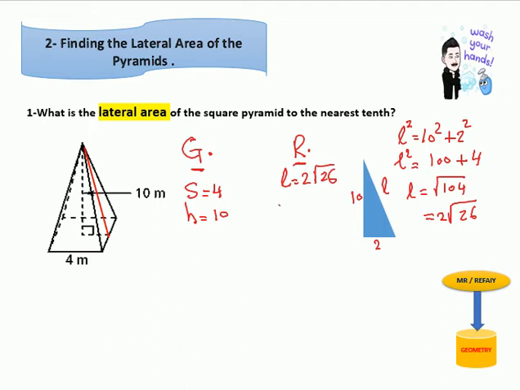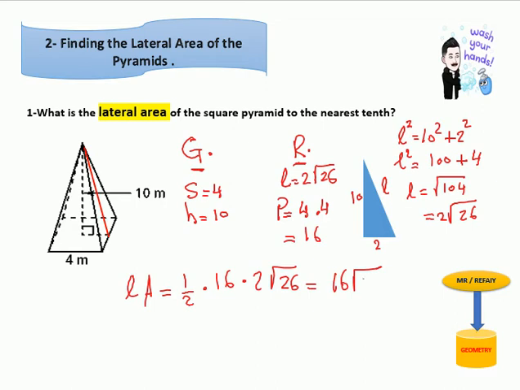The given: S is 4, height H is 10. Required: L, and we already got it, it's 2 root 26, and the perimeter of the base. This is very important. The base here is a square, and the perimeter of the square equals side times 4, so it will be 4 times 4, which is 16. Now we can get LA, the lateral area, equal to half times the perimeter of the base, 16, times the slant height, 2 root 26. So it's equal to 16 root 26. And we can change it to a decimal, it will be 81.6